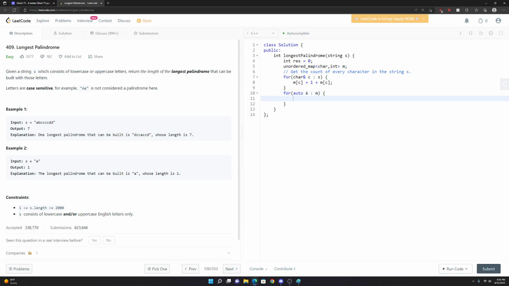And just for reference, x is actually a pair. So we're going to go through every pair, a character and its respective count. And so we're basically going to ask ourselves, is our current length even or odd? So we're going to say, okay, if res mod 2 is equal to 0,